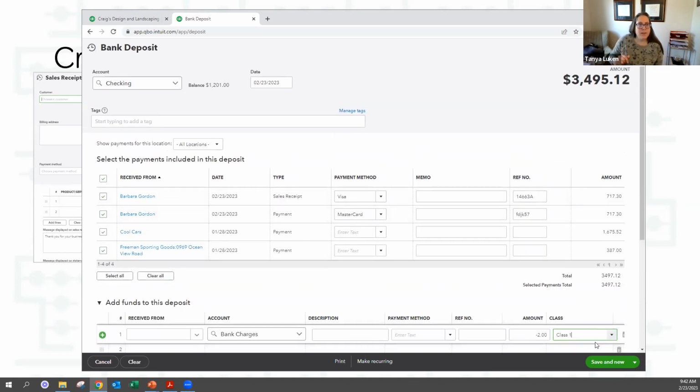Okay, so bank deposits, undeposited funds, invoices, and sales receipts are in all versions of QuickBooks. They should be in all versions. And then how do you mark a check payment as paid? I can't get the payment to reconcile with the invoice, so some of my invoices are sitting as unpaid.